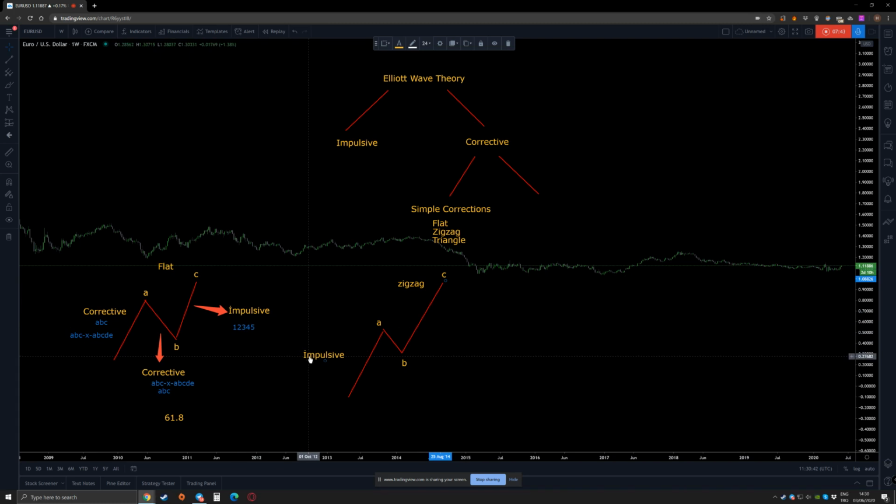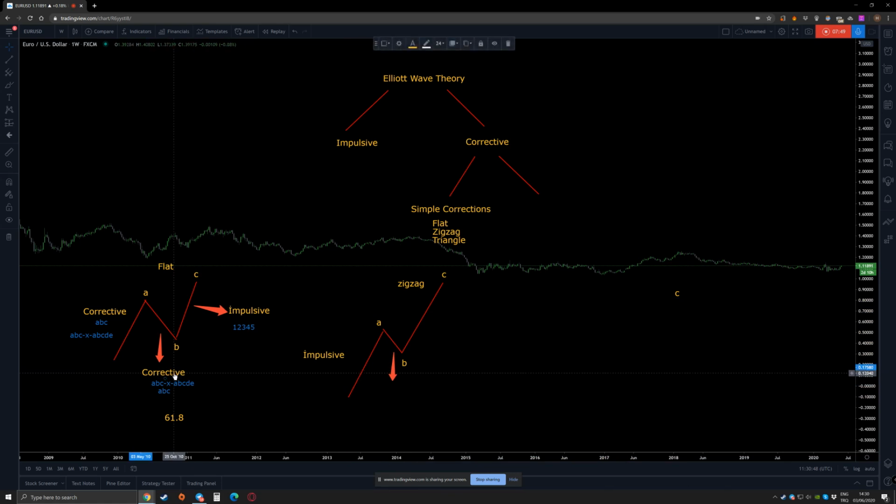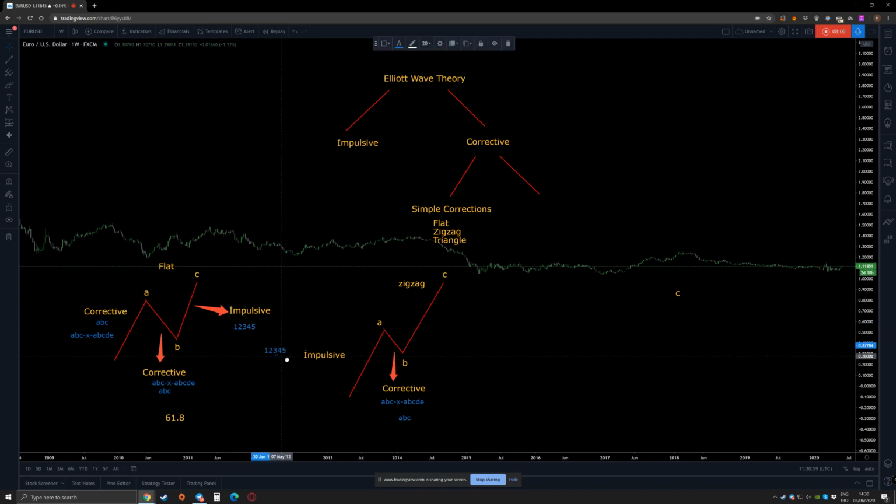Okay, this is impulsive. This B wave now is corrective in a zigzag, just like a flat. But wave A is impulsive. Now, this A wave, the impulsive wave, cannot be a terminal move. It has to be a